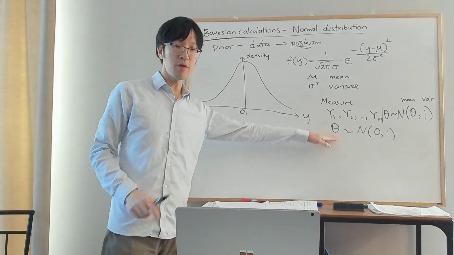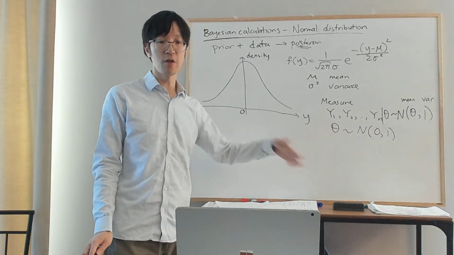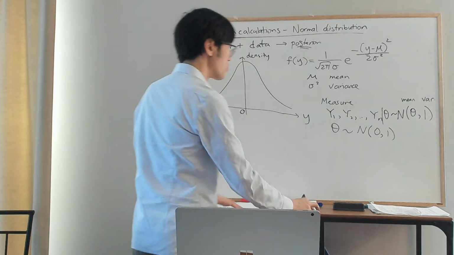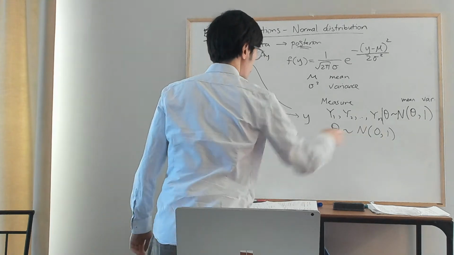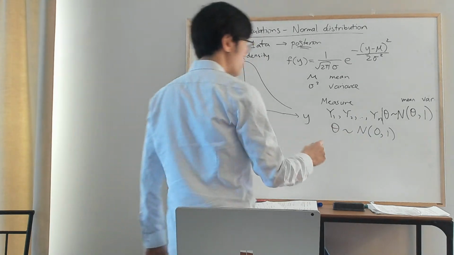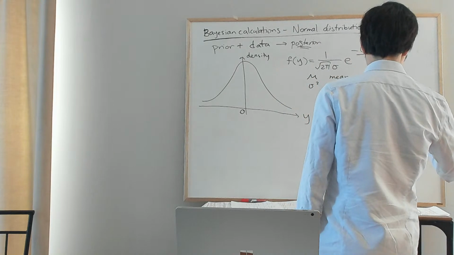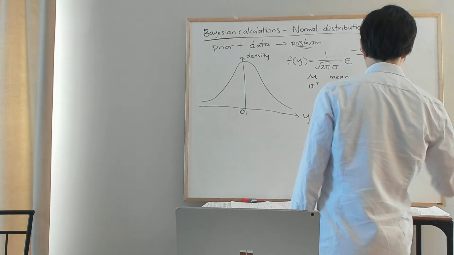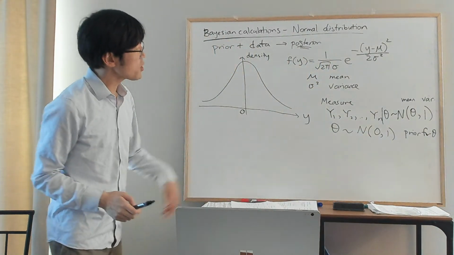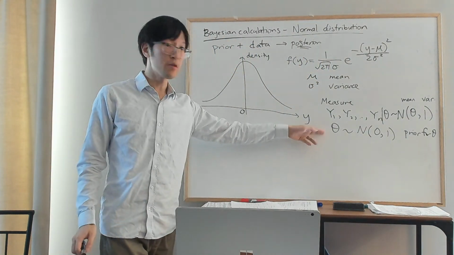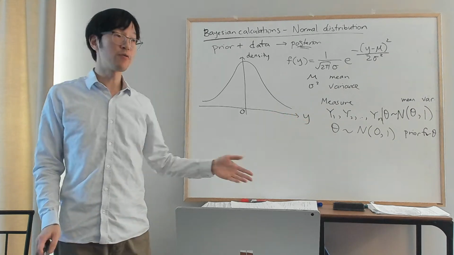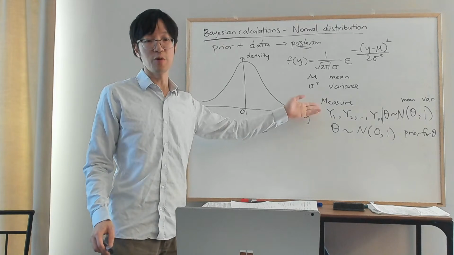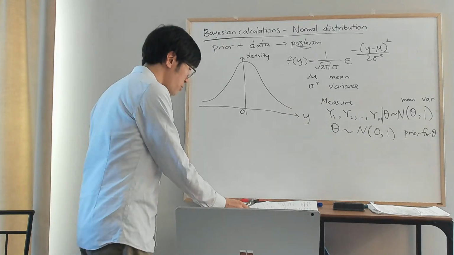So what does this distribution actually mean? Let's interpret it given this context. This is the prior for theta. From the prior distribution, we can do calculations, and these calculations reflect what we believe about theta before actually doing some measurements. So for example,